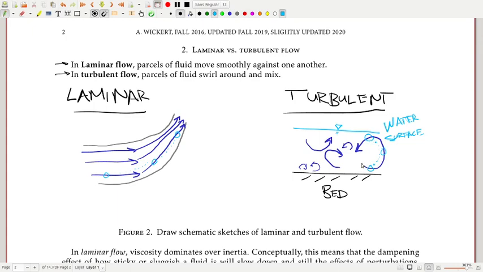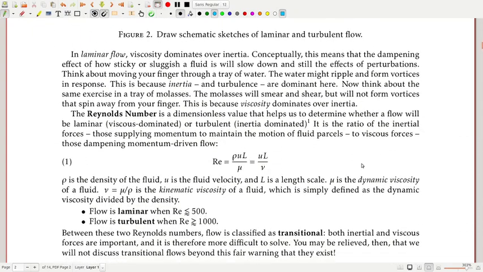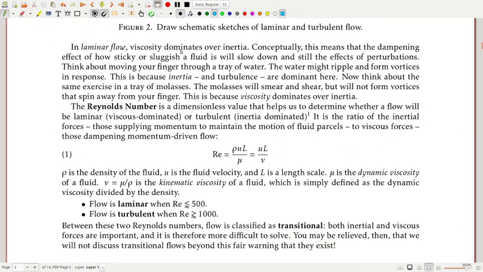So why is flow in some places laminar, and why is it turbulent in other places? And the reason behind that is this concept called viscosity. So the viscosity, gotta find a good underlying color. Let's do blue for water. So in laminar flow, viscosity, which is like the stickiness of the fluid, or more formally, its resistance to shear, or resistance to straining in general,